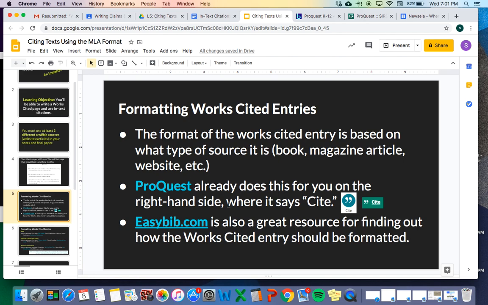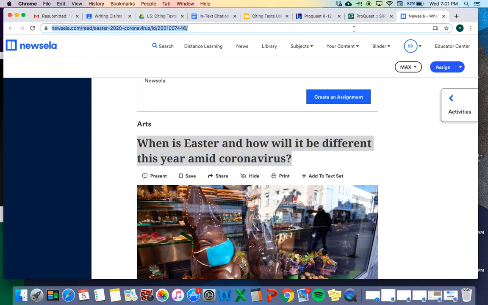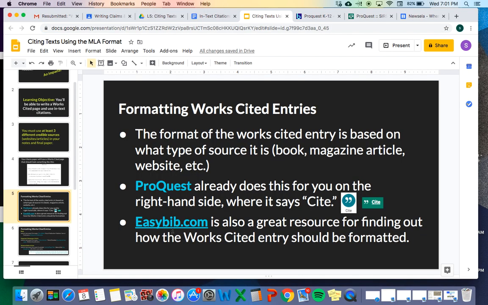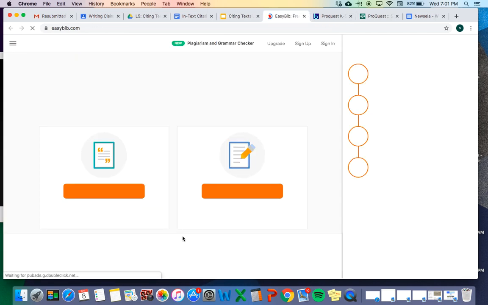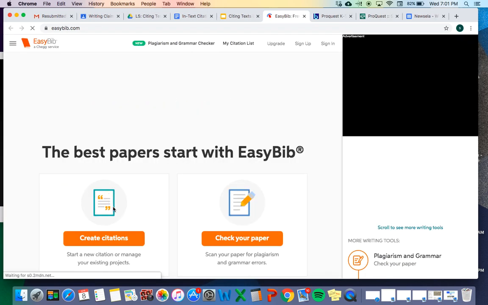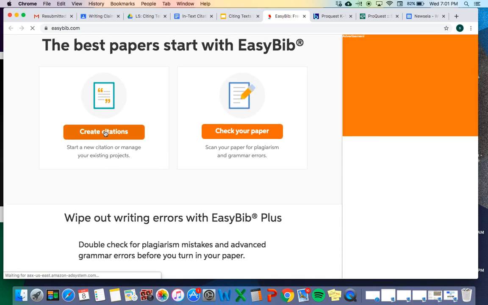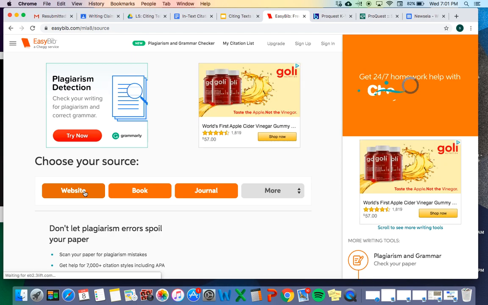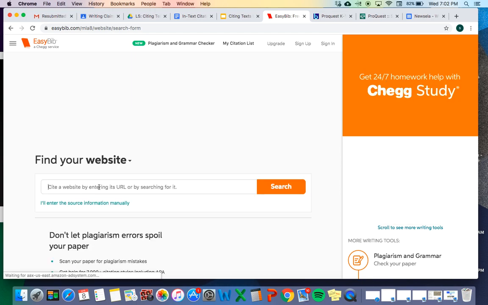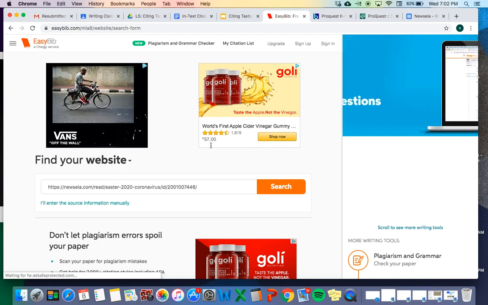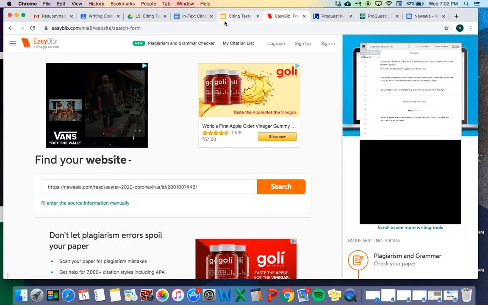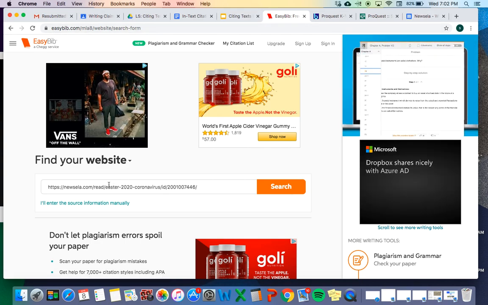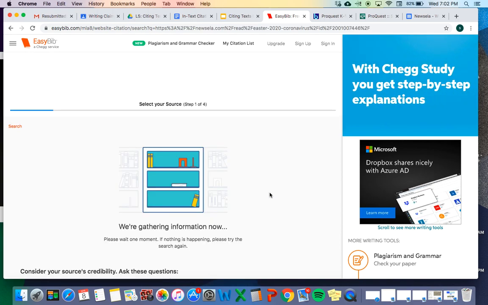If you're not using a ProQuest article, and let's say you're using a Newsela article, you can go to this website, easybib.com, and follow these instructions. So you hit create citations when you first get to the site. Then your source is going to be a website, so you click website. And then you paste the URL. I already copied it from the Newsela web address bar. Okay? Then you hit search,